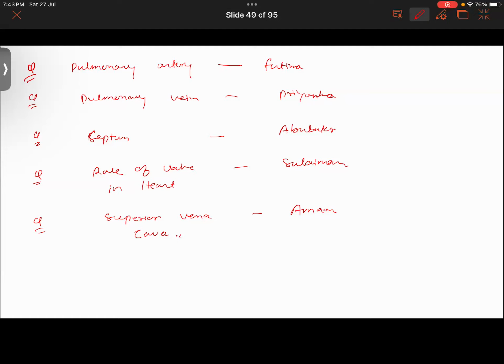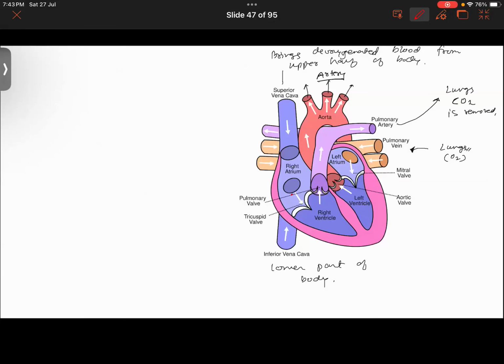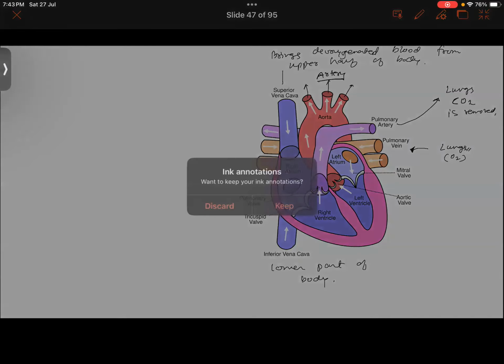Okay. What about the superior vena cava? Who'd like to answer this? For reference, I can show you an image of this. Deoxygenated blood from